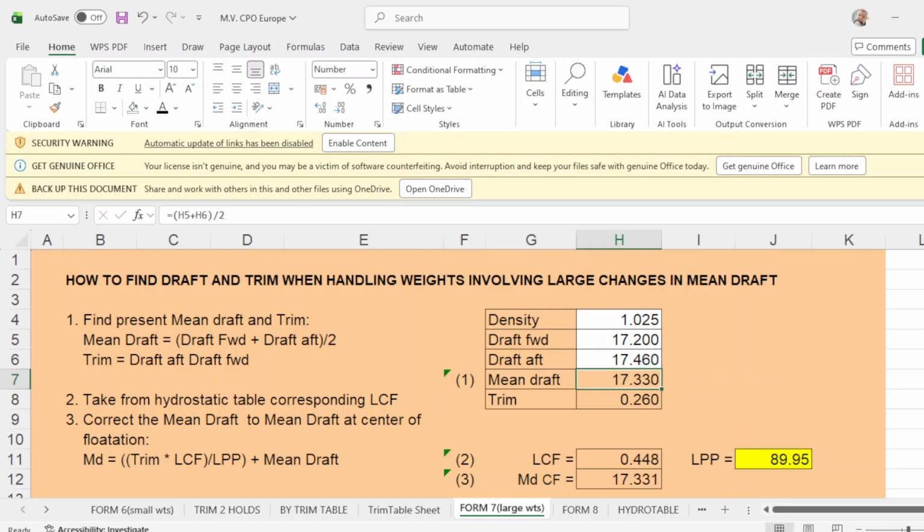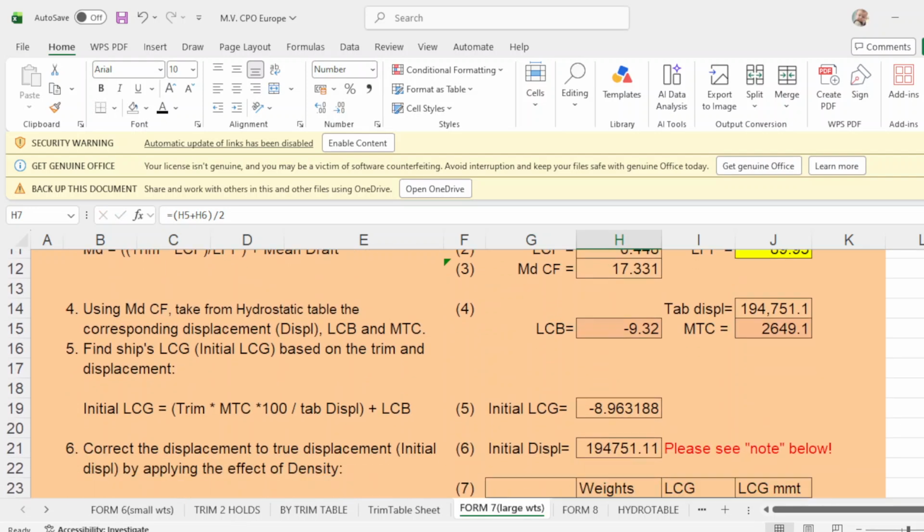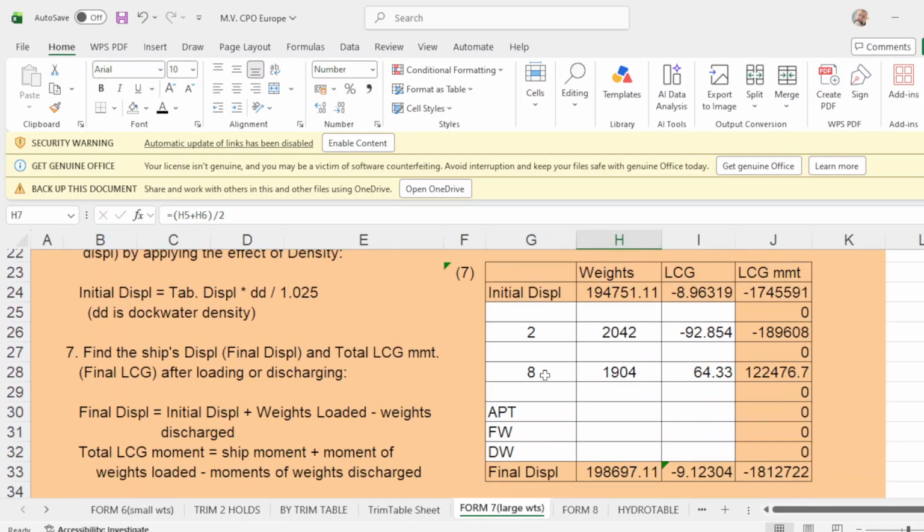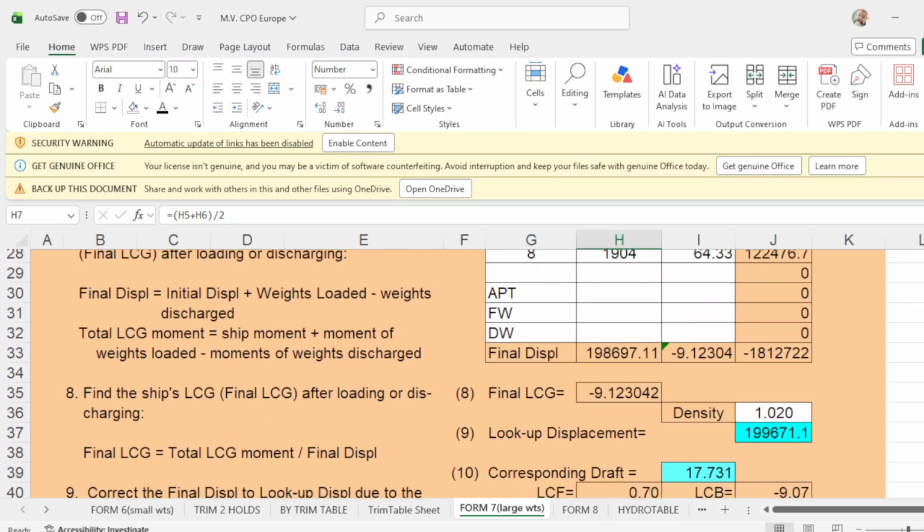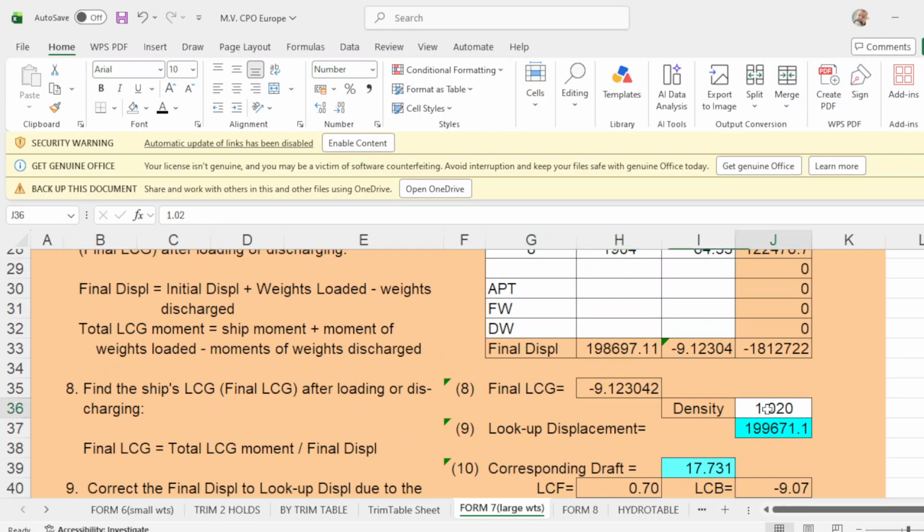Okay, you scroll down. This is your cargo holds 2 and 8 for trimming hold. This is the cargo that you're going to load for each hold, and you apply the LCG, and your final density on departure is also 1.025.